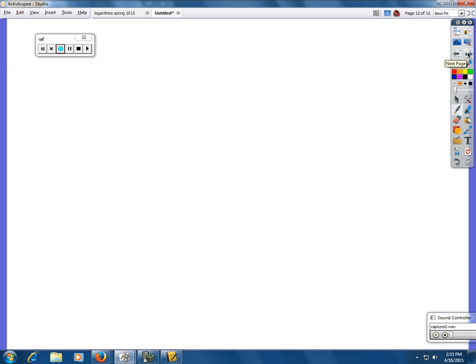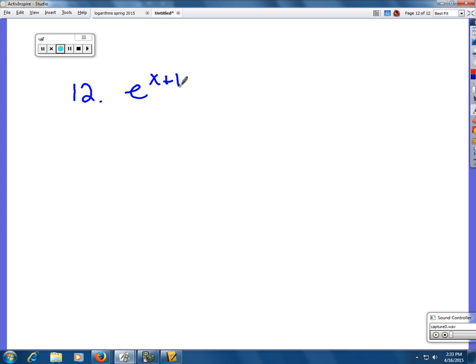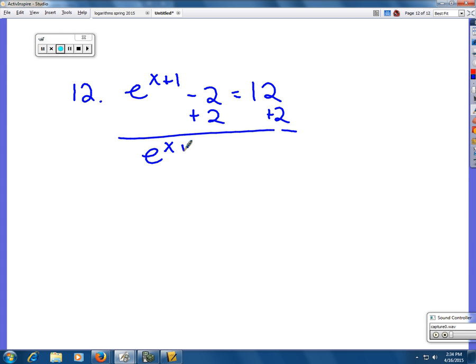Number 12. e^(x+1) - 2 = 12. I want to get the base e by itself, isolated, so all I have is the base e on this side. So I'm going to add the 2 to both sides, and I have e^(x+1) = 14. Now, since this is isolated, I can use the inverse, which is natural log,